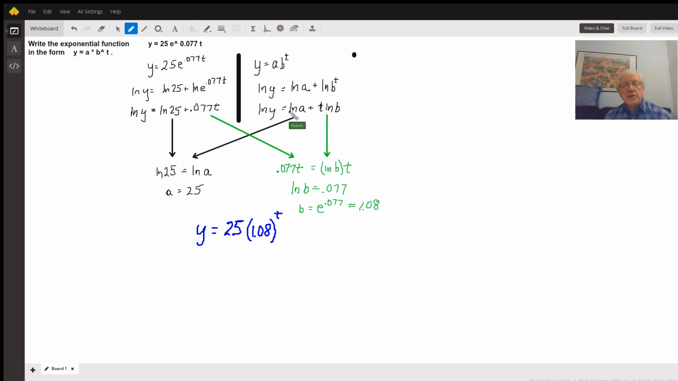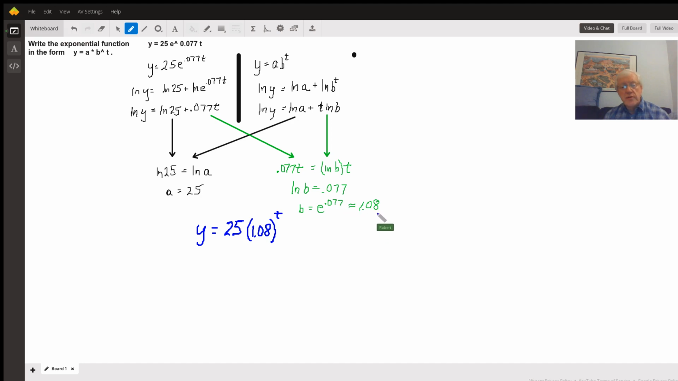So now we've got to match these up, and we take the parts that are of the same type and find that, well, they can only be equal if a is 25. And then we take the parts that are coefficients of t, and they have to be the same. So the log of b has to equal 0.077. Then switching back to an exponential form, we just say b then is equal to e to the 0.077,